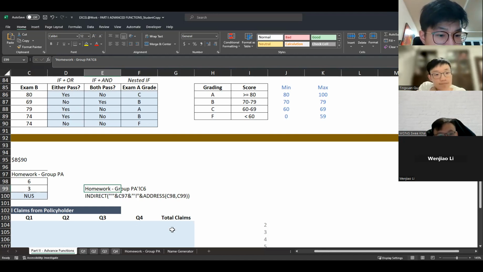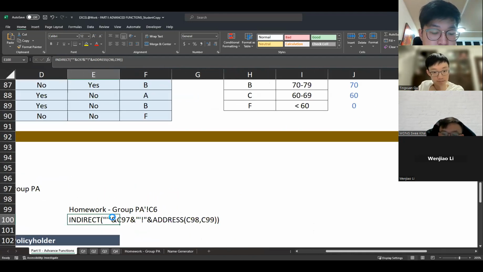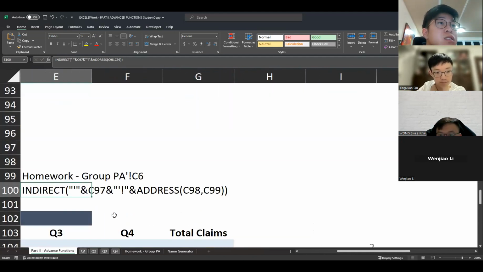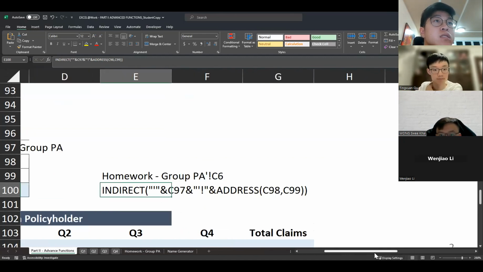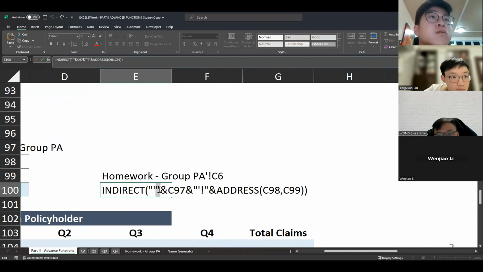Let's go through it one time. First, I will type equals INDIRECT. Let me zoom in real tight because the quotations are the painful ones. I will do a double quotation, then a single quotation, then a double quotation.